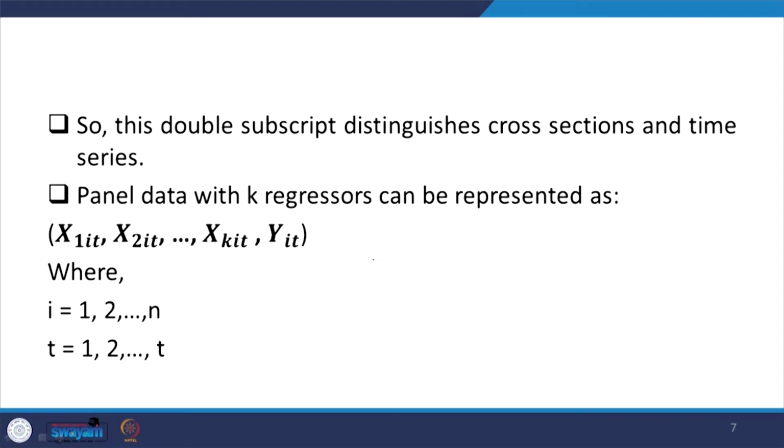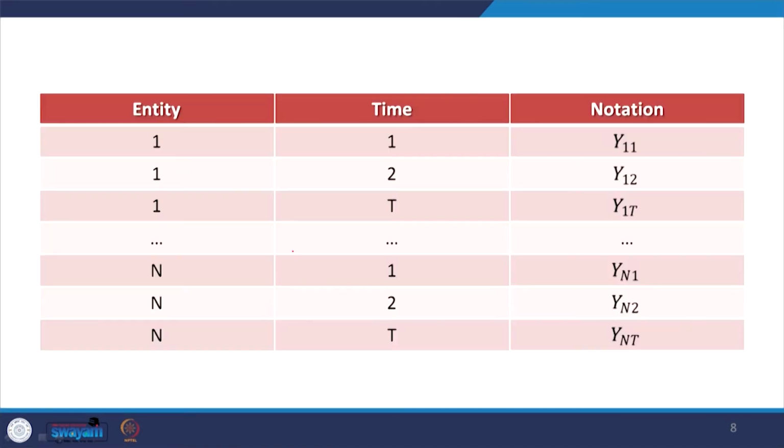Now, panel data with k regressors, now we are emphasizing the regressors, can be represented here as first x1 of ith individual, for t the time period, then the second regressor till kth regressor if you are interested to estimate, then we can find out the impact on the variable through y, y on x. So, we have already clarified subscripts.